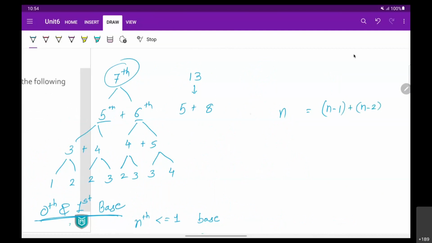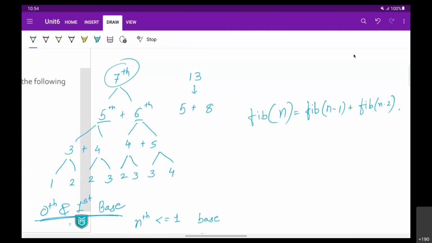So if we say that this is fib of n, then we are simply going to recurse it, fib of n-1 plus fib of n-2. ये दोनों फाइंड करके आओ वापस,